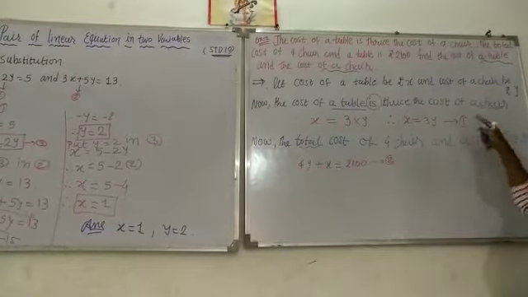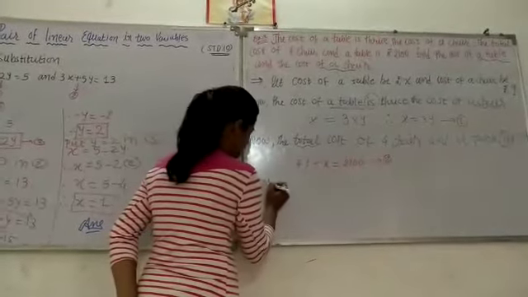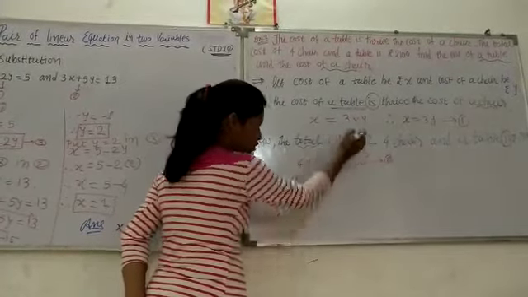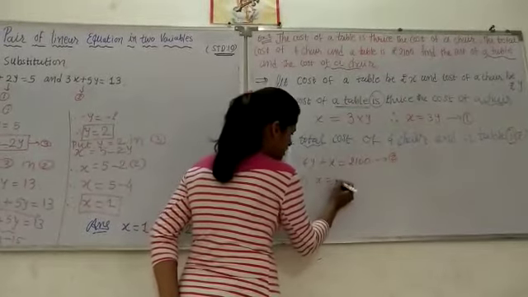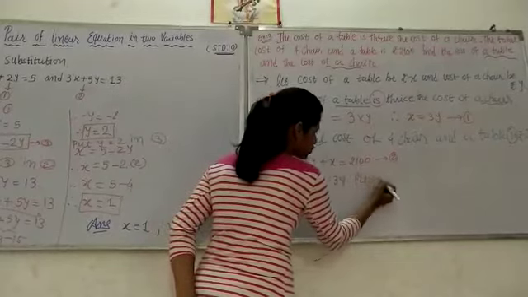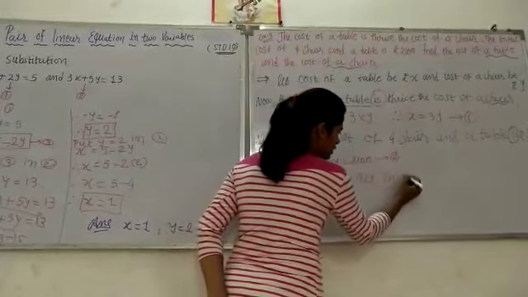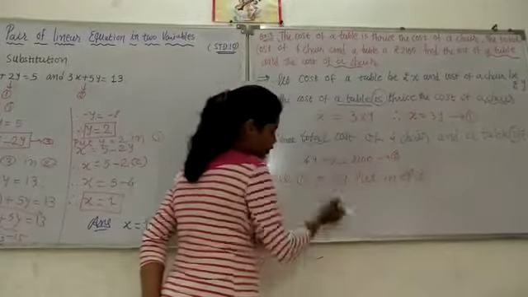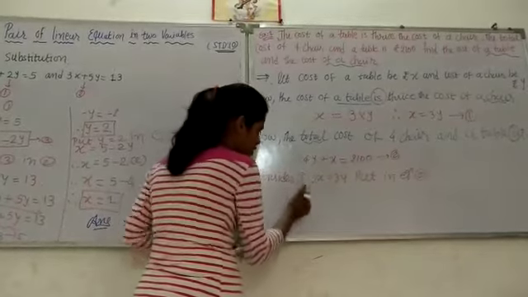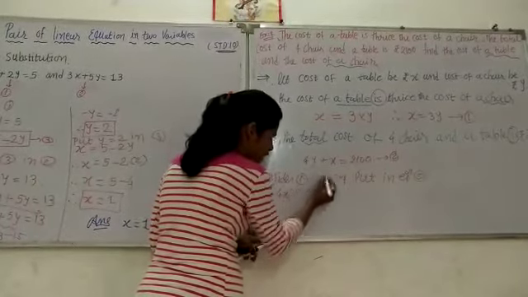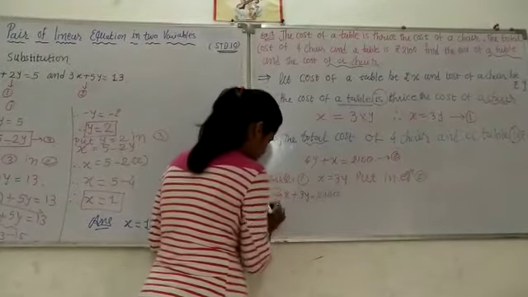Now after getting two pair of linear equations, I want to solve these two equations by substitution method. So consider one of them. So I consider 1. So directly you have value x is equal to 3y. Put or substitute, whatever you want to write. x is equal to 3y. Put in equation 2. So what is your equation 2? Instead of x you should write 3y. So this becomes 4y plus, instead of x write 3y, 3y is equal to 2100.